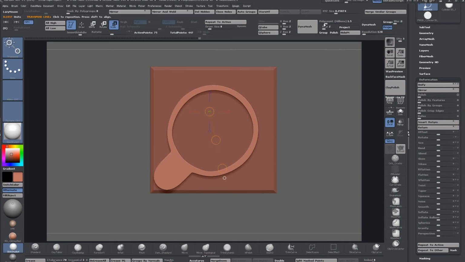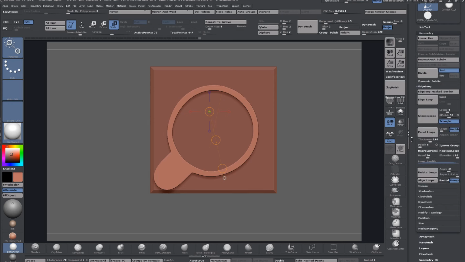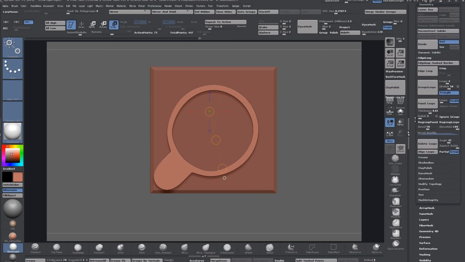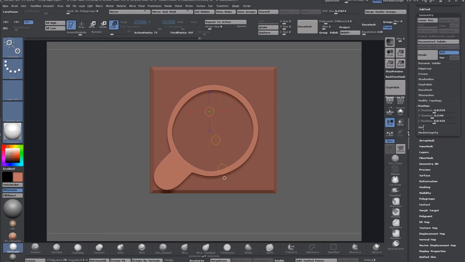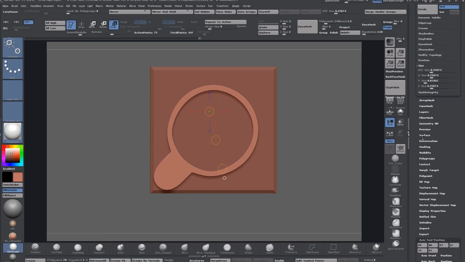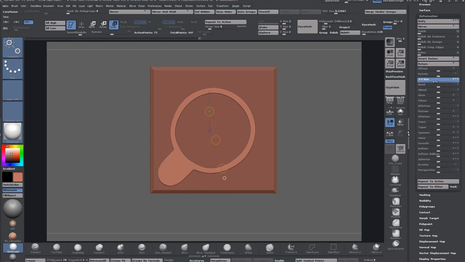But no big deal. You can also just use this size slider, and there's also a different one down in deformation, and the one I have up here is from, I believe, position and size, and it's that one there, the global kind of XYZ one. So you can use that, or you can just use the deformation X, Y, and Z. Set your axis. I'll just leave them on all 3 and scale it down